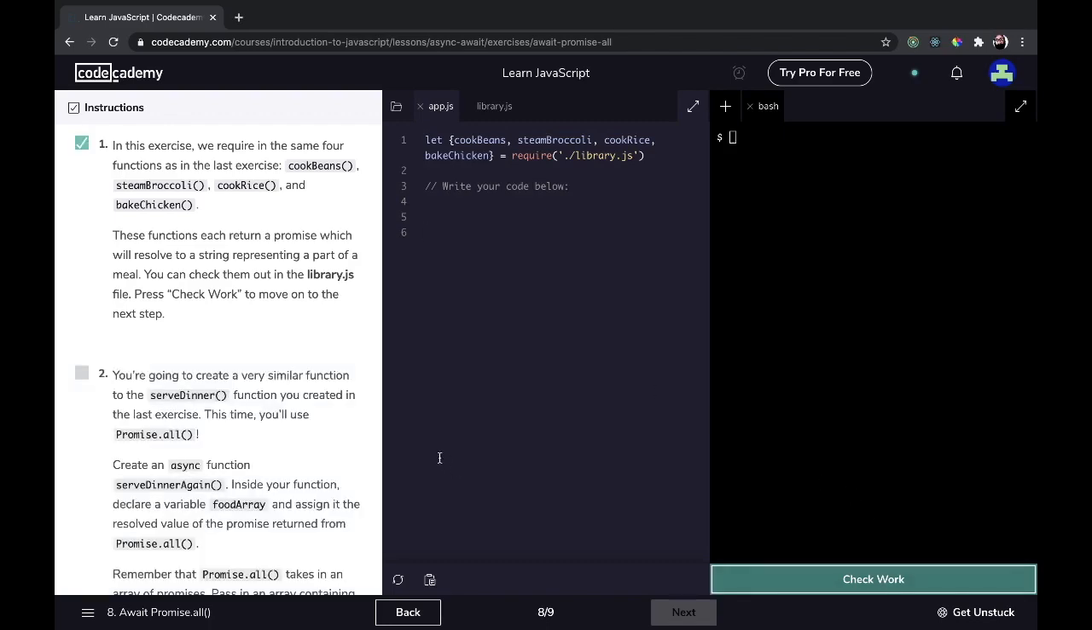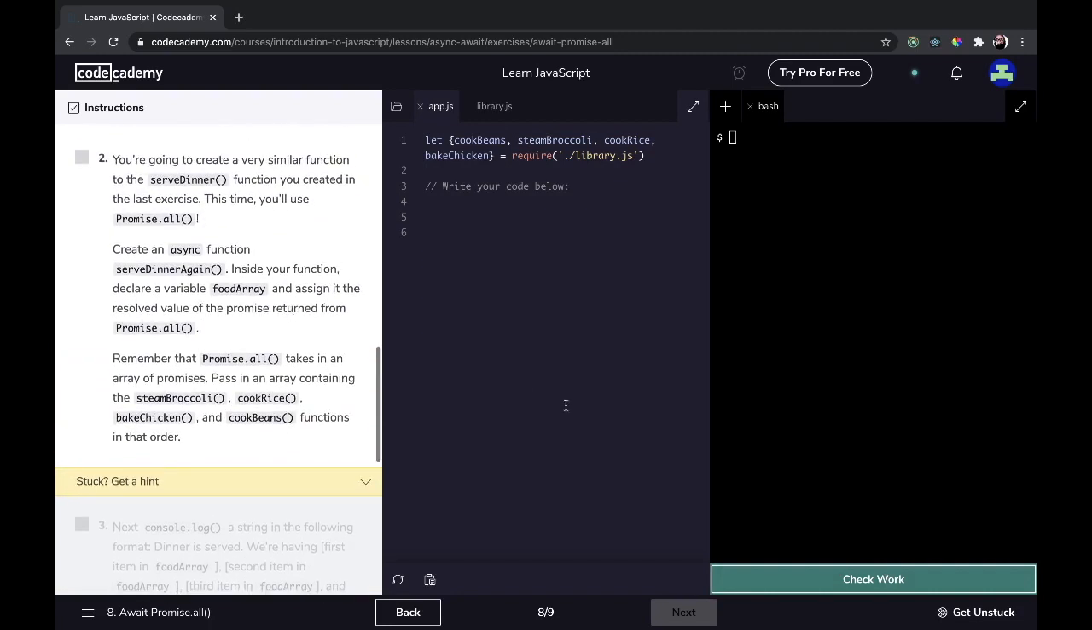Let's see what we need to do here. Number 2. You're going to create a very similar function to the serve dinner function you created in the last exercise. This time you'll use Promise.all. Create an async function, serve dinner again. Let's do that first. So it was async function serve dinner again. And in the body of that,